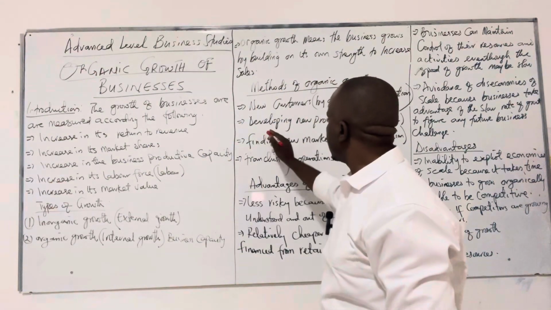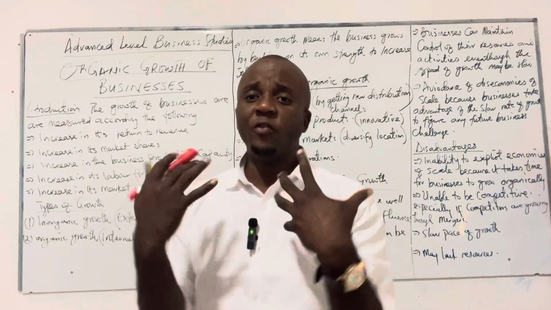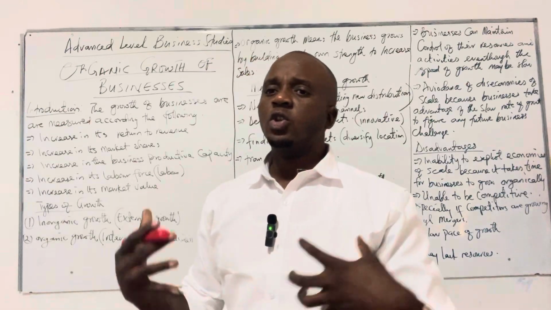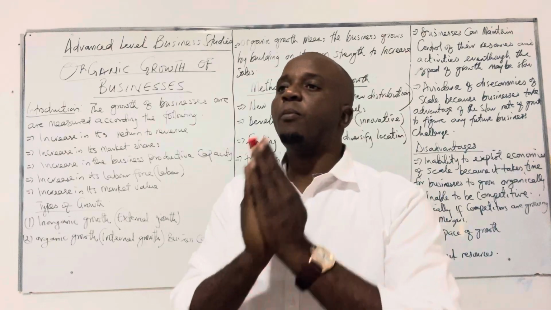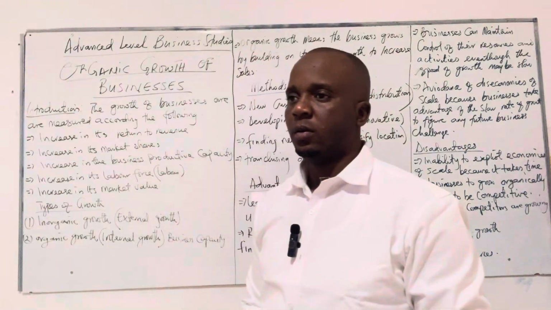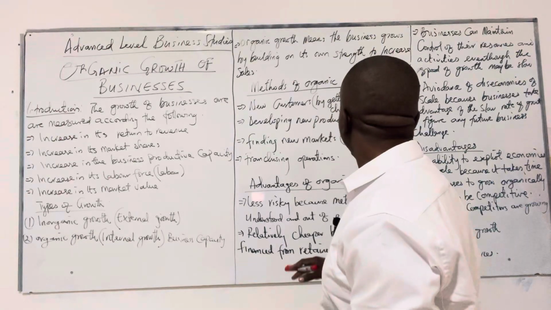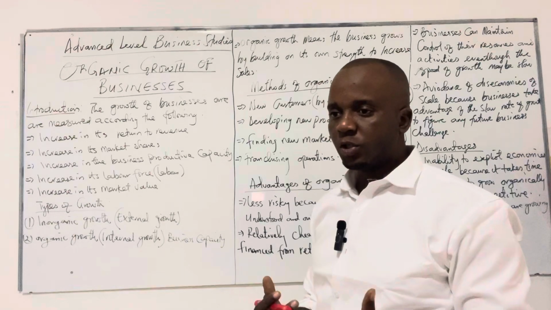The second way businesses grow is by developing new products. It means businesses are innovative. They try to introduce new methods. They try to introduce new ideas into their business to develop products that can attract more customers. So that's the second way businesses can grow organically, by developing new products. I wrote here, say businesses that are innovative. Is it clear? Can we continue?